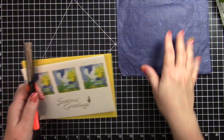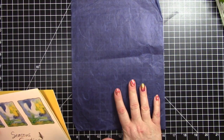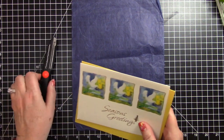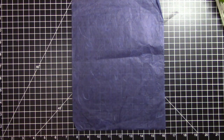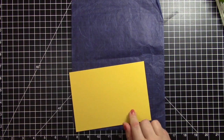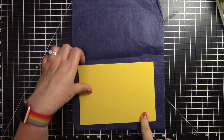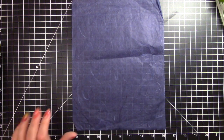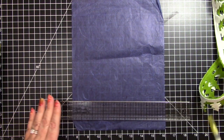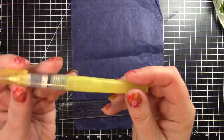I'm going to start by ripping apart the Mulberry paper so that way it can dry while I'm working on the rest of the card. And I will be putting it on a 5x7 card base, so I want it to be a little smaller than 5x7. So I'm going to get my ruler. I also have my